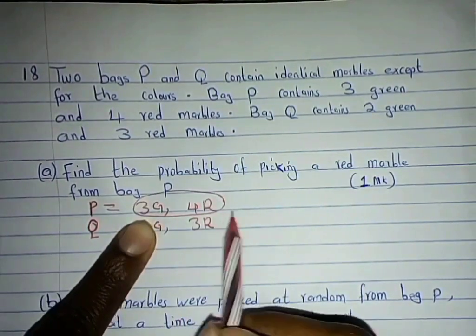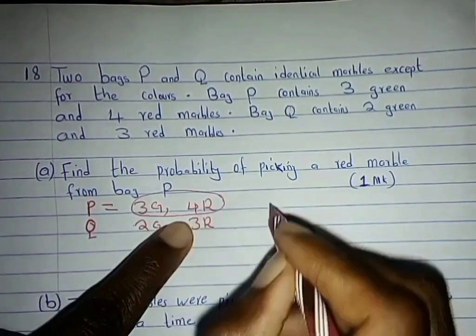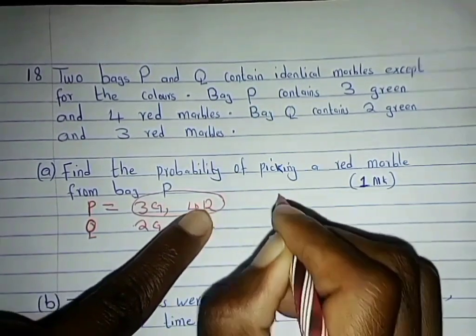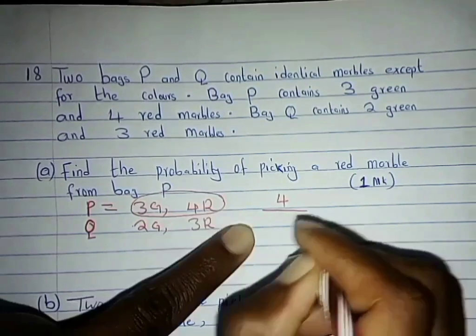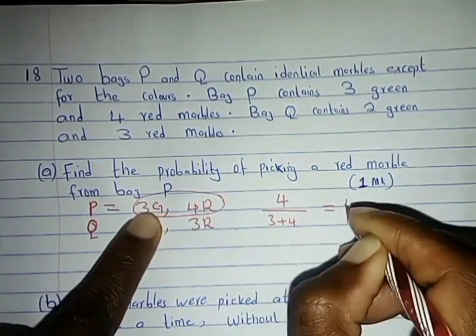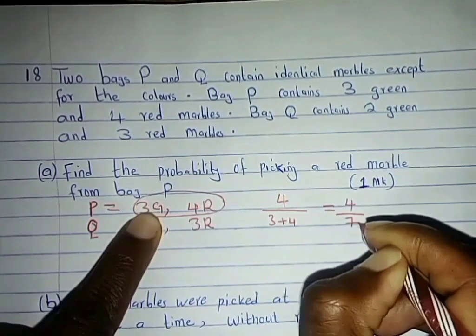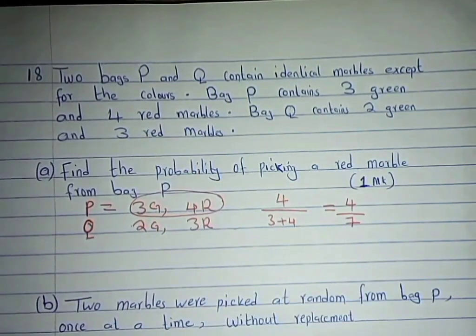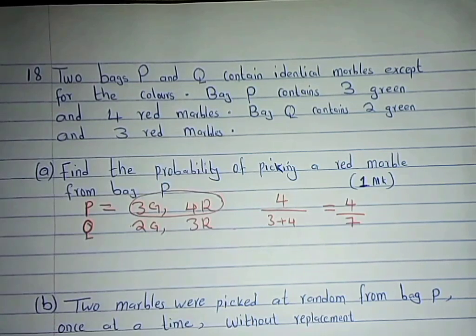So the probability of picking a red marble is 4, because there are 4 of them, out of the total number, that is 3 plus 4, which is 4 out of 7. That carries 1 mark. Then